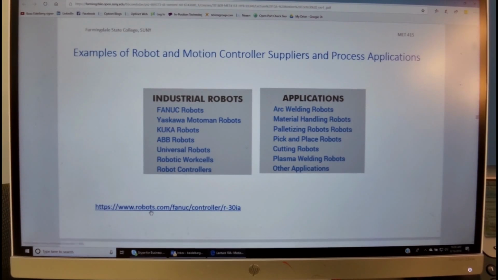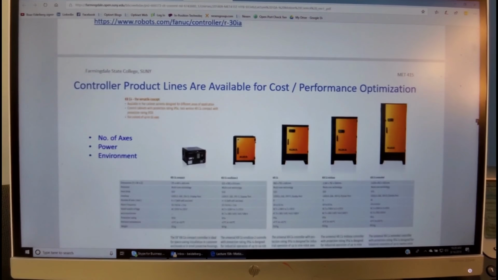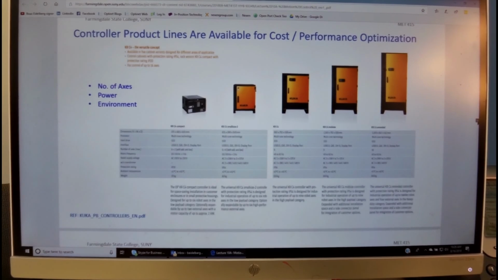We are not going to go through all of these demos, but I suggest that when you look into the actual presentation, you click on that and take a look at some video examples. The controllers are many times integrated into the servo amplifiers of the robot.